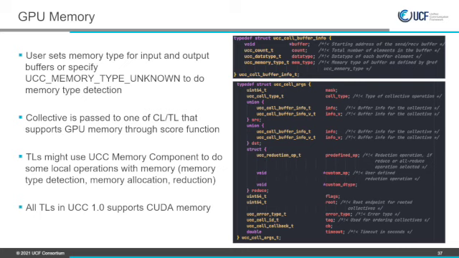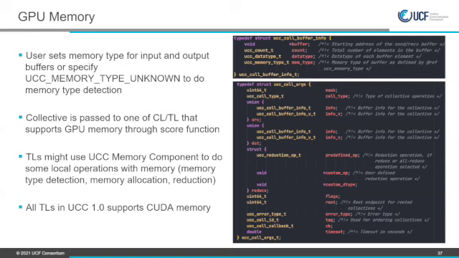Also, each TL can use the UCC memory components. A UCC memory component is a set of predefined operations. I will show it on the next slide. And finally, I want to say that for the UCC 1.0 release, all the TLs support CUDA memory. We have TL UCP, which supports CUDA memory because UCX supports it. TL SHARP and TL NCCL also support CUDA memory.